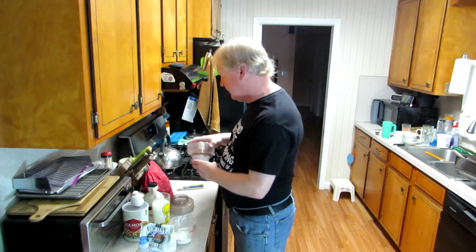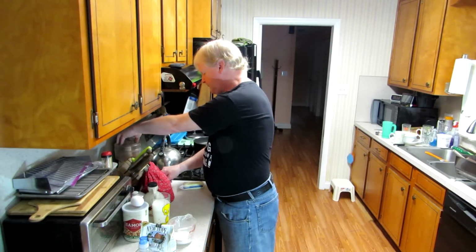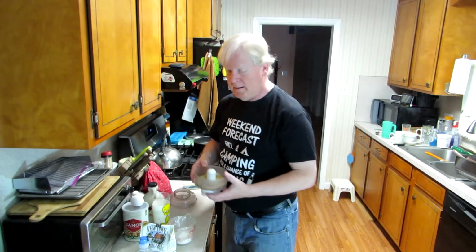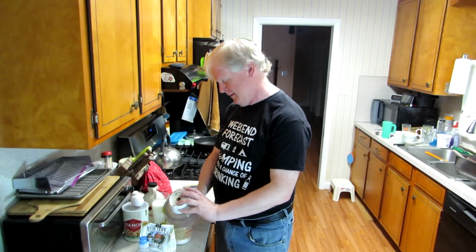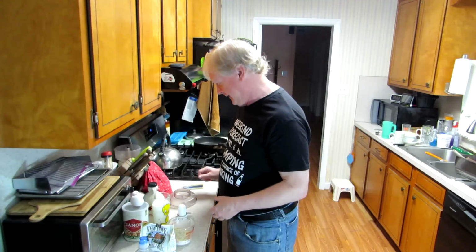But one of the things I like to do is add walnuts. These are just regular walnuts. And I chop them up. I put them in my food processor, and I literally turn them to dust. Not so much that it's necessary, but I really don't like walnuts. But I do this because they're healthier. And if you're asking me how much I put in there, I don't measure, as you can tell,